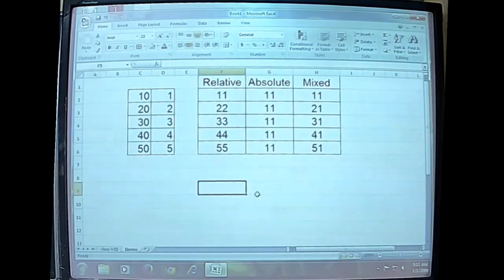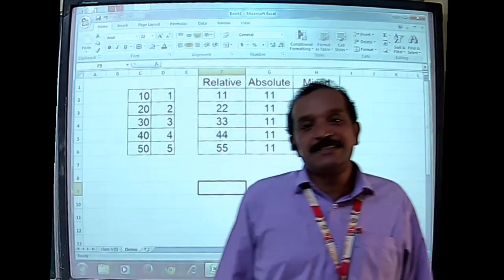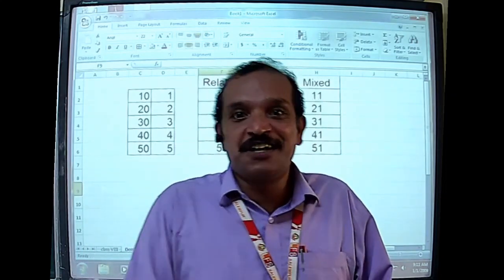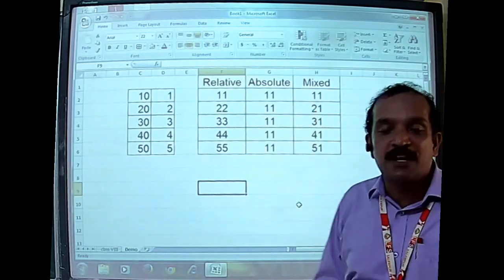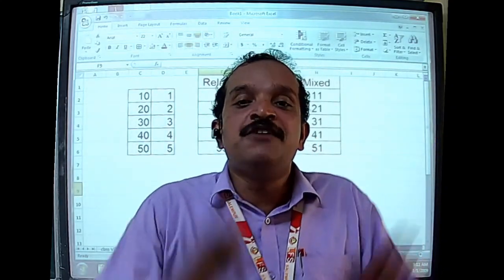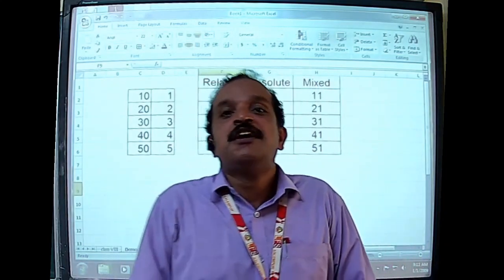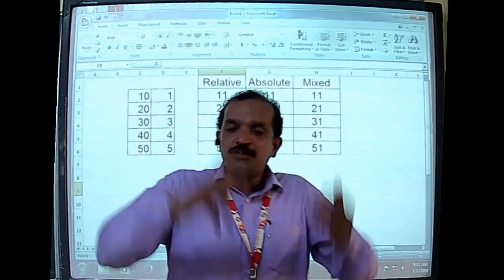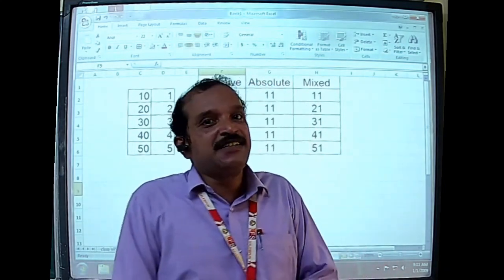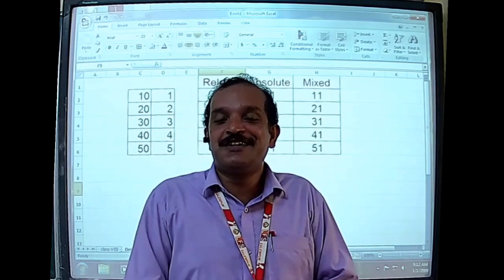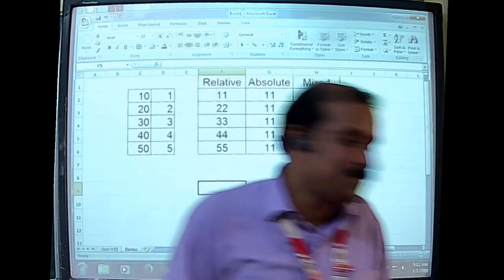This is how various cell references can be created using this technique of using these three: relative, absolute and mixed cell references. Got it? So that is what cell references are all about. I hope that part is clear to you. So mainly there are three types of cell references. The relative cell reference, in which all the values will change as the formulas are copied, and then there is the absolute cell reference where the values remain constant wherever the formula is copied, and then there is a mixed cell reference which is a combination of relative cell reference as well as absolute cell reference. Got it? Yes.